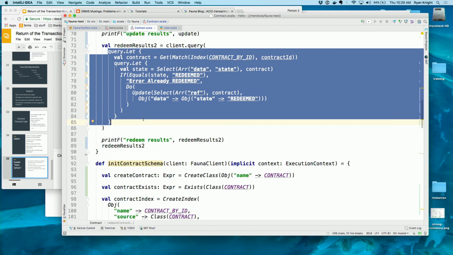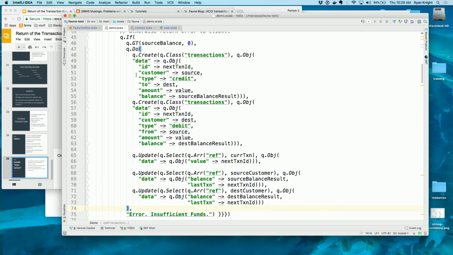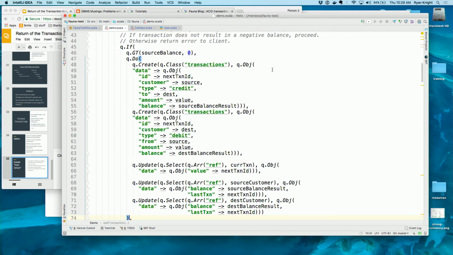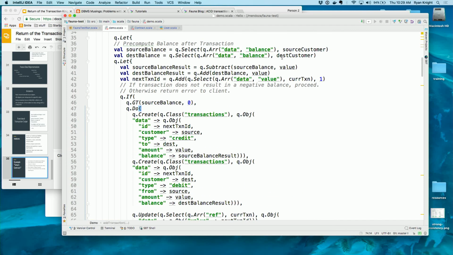As a more complete example, obviously there's a lot of ways to break this down. This is like a bank account transfer between two customers. Here, what I'm doing is I look up the source balance between a source customer and a destination customer. And then I'm doing a calculation.